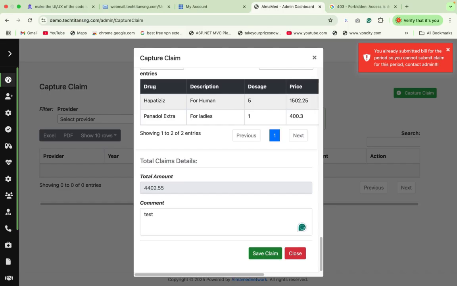Okay, so it's still showing me that error, which means that the bill I submitted for the month of June was submitted in July, so trying to submit another one again is being rejected. So what I will do is go to my database and delete the ones I created before. Now this particular system is customized based on the request of the HMO that we worked with last. So if you want the bill, you want